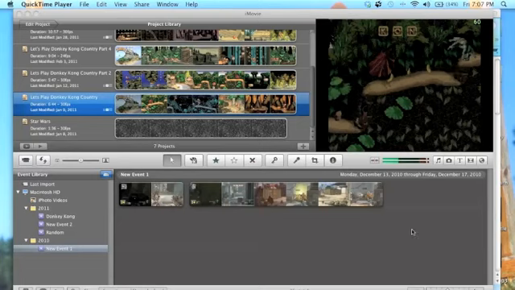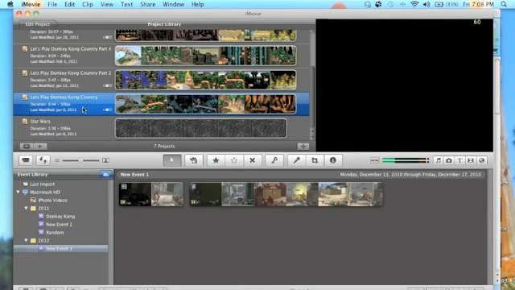Alright, so to start off here, this is the window of iMovie when you first open it up. On the left here, top left, this is where it'll list all your projects that you've started or finished, whatever. And then if you double click on it, it'll open it up for you. But if you just click and select it, and then hit the space bar,